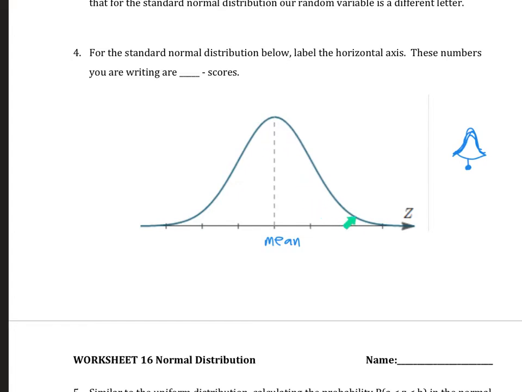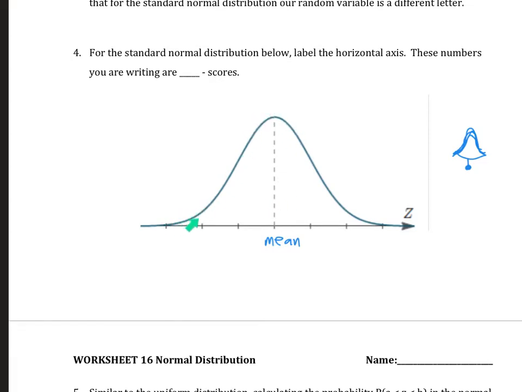If you go out from the mean, you see the little tick marks. That's the standard deviation, so 1, 2, 3 standard deviations. Your graph is basically flat out there, so there's not much in this area. First of all, we are not using bars as before; we're using just one curve, but the concept is the same. Here we have a very small area, which means there's not much there. In the middle, the area is pretty big because the graph is tall.